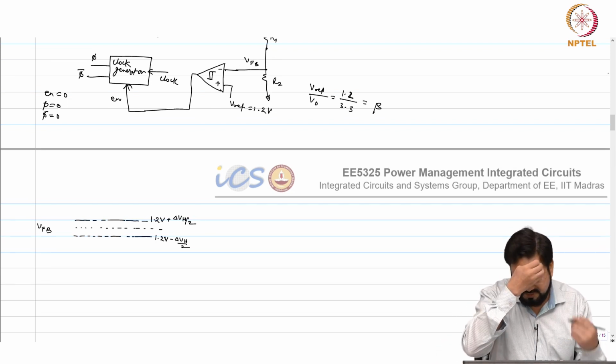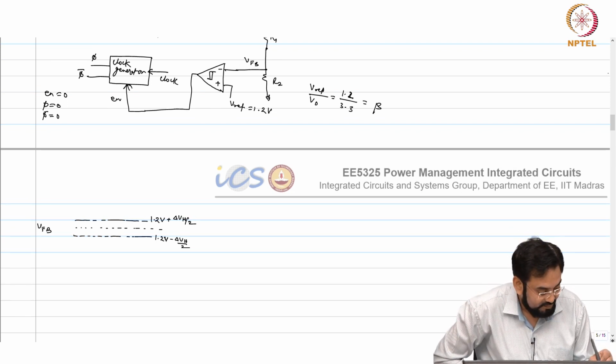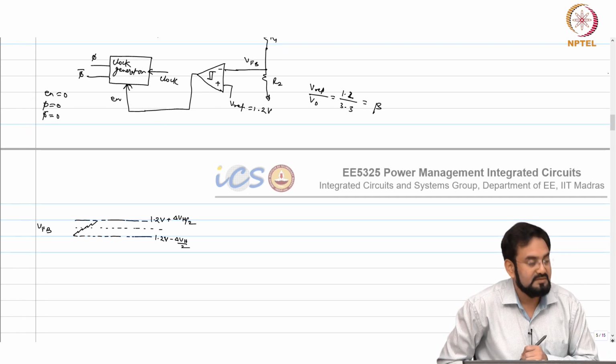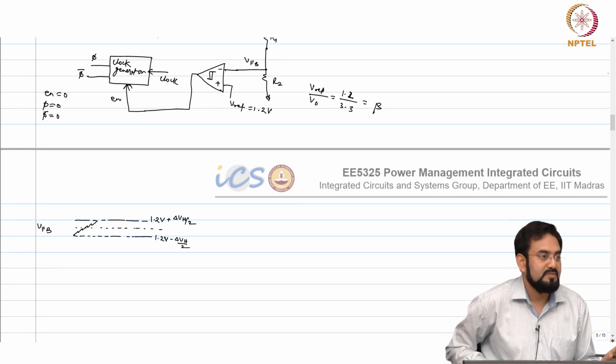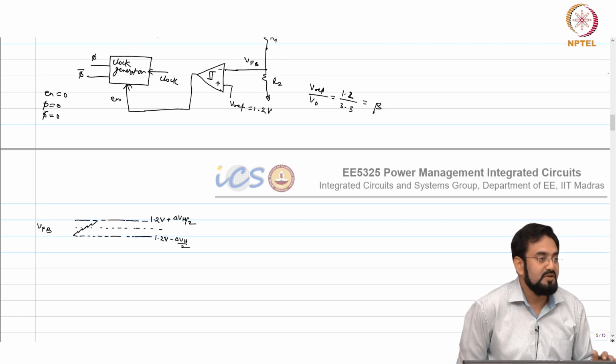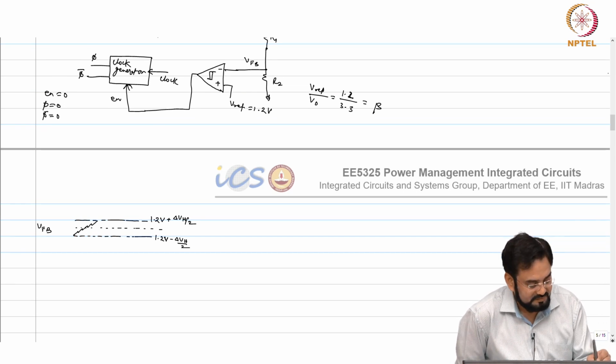So it will charge and then stop. When it stops, who will discharge the output? Load. So it will do like this, then again.